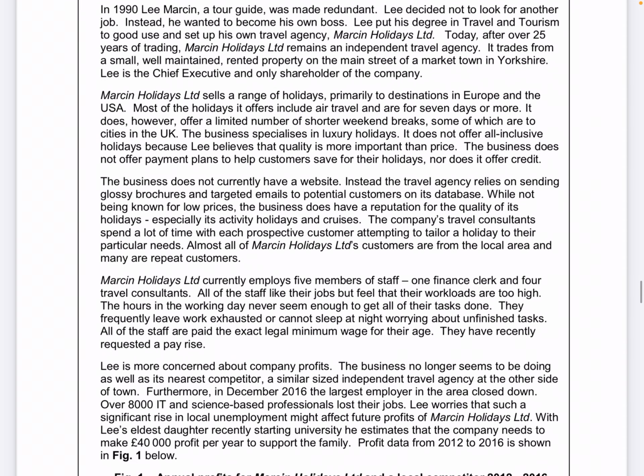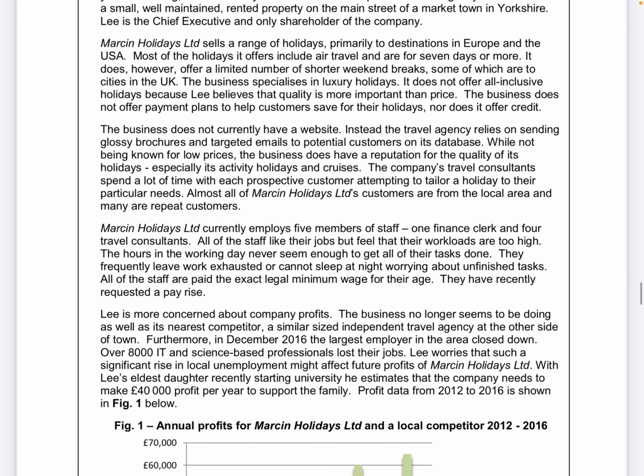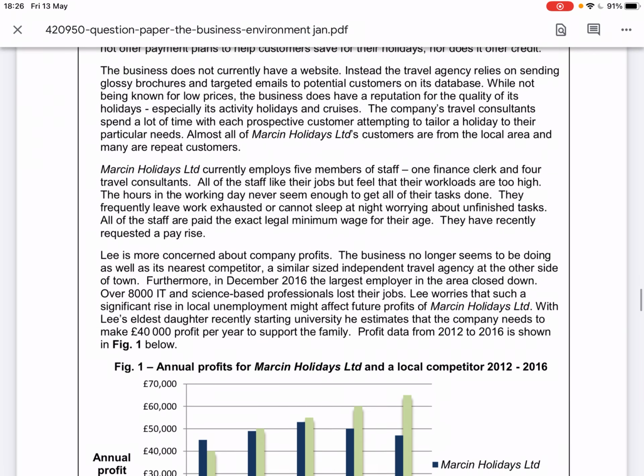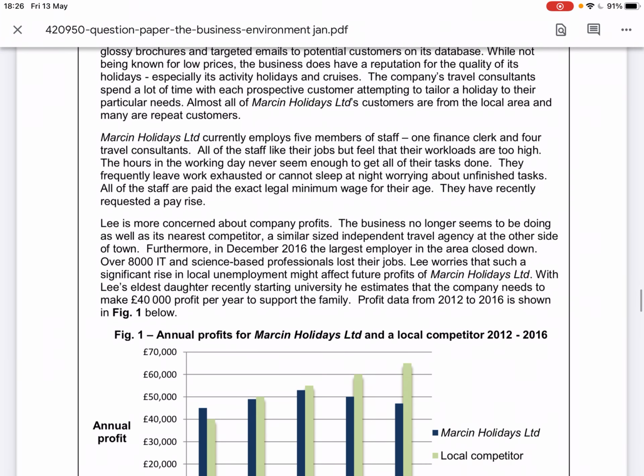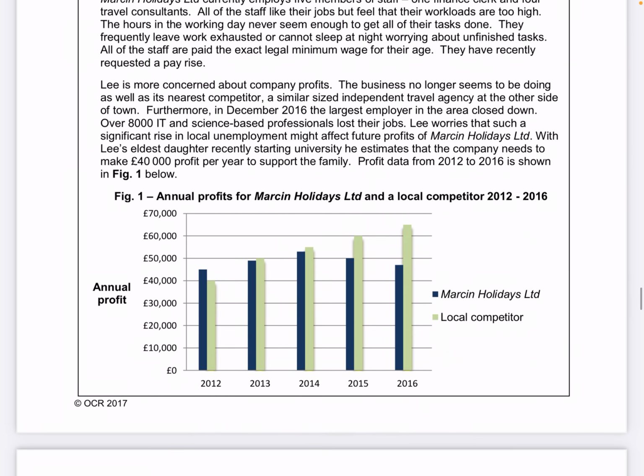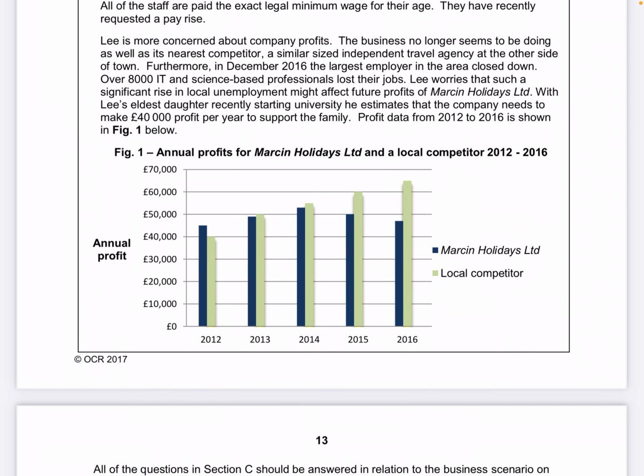Always remember, they're looking for you to show that you have used the case study as well, hence why marking up the case study is really important, particularly around any numbers, because this proves that you're using details from the case study in the answers that you're going to be giving. Remember as well, you may be required, like in this one, to read from a graph. Therefore, you need to understand how to read a graph, and they tend to be quite simple, but just make sure that you are pretty familiar with what the graph is telling you and read the key to the graph